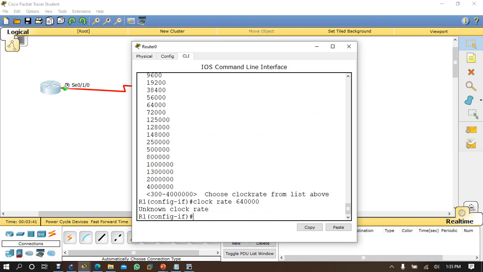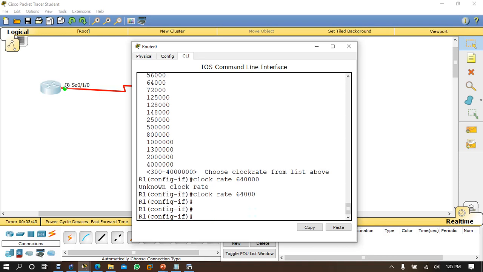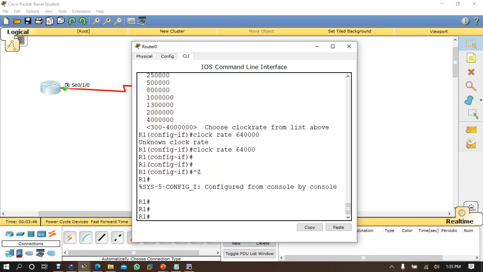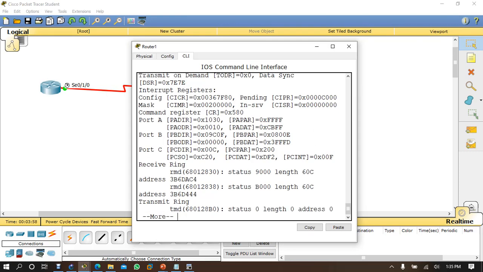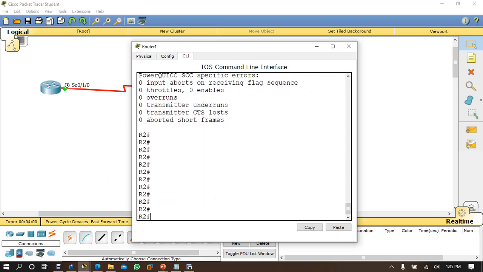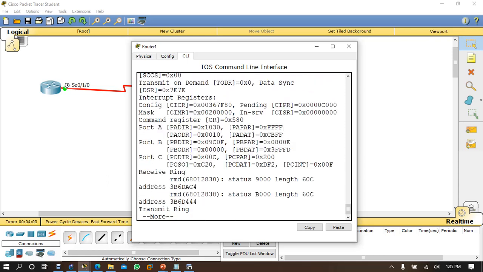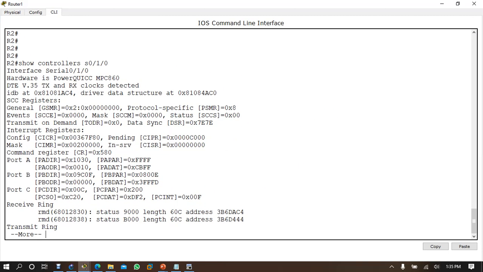Okay, 64,000. But nowadays there's no need to put the clock rate, and the clock rate must be the same on both routers. If it is 64,000 here, it will synchronize automatically and you can have the same clock rate. So for the old models you configure the clock rate, only on the DCE end. Earlier it had 20,000, but now it will synchronize automatically. The clock rate is how they used to synchronize the data from one router to another router, how fast they are synchronizing. The higher the number, the faster.